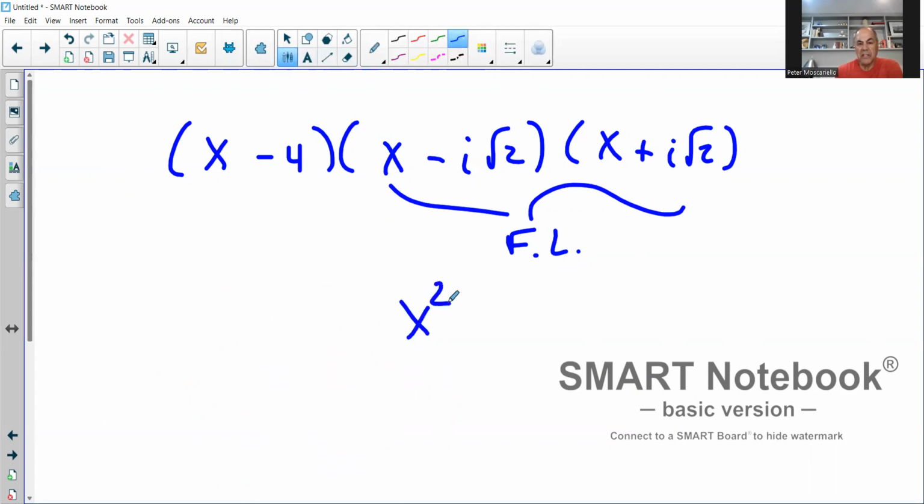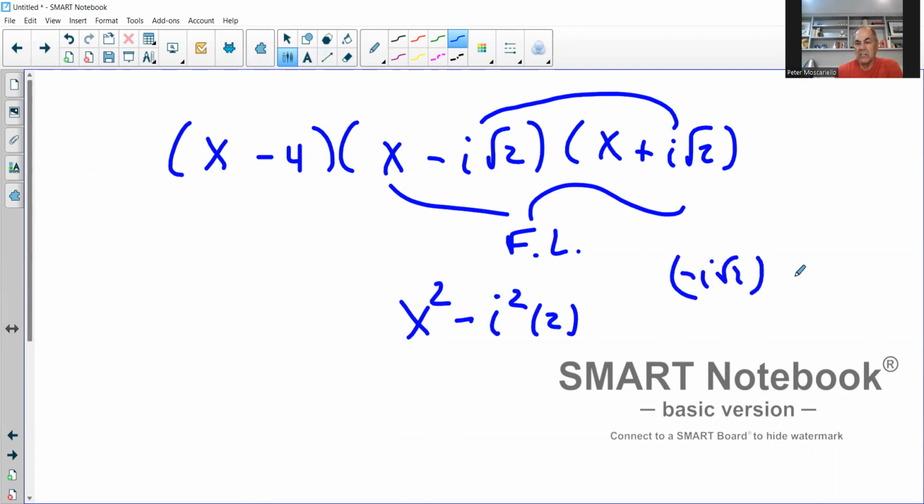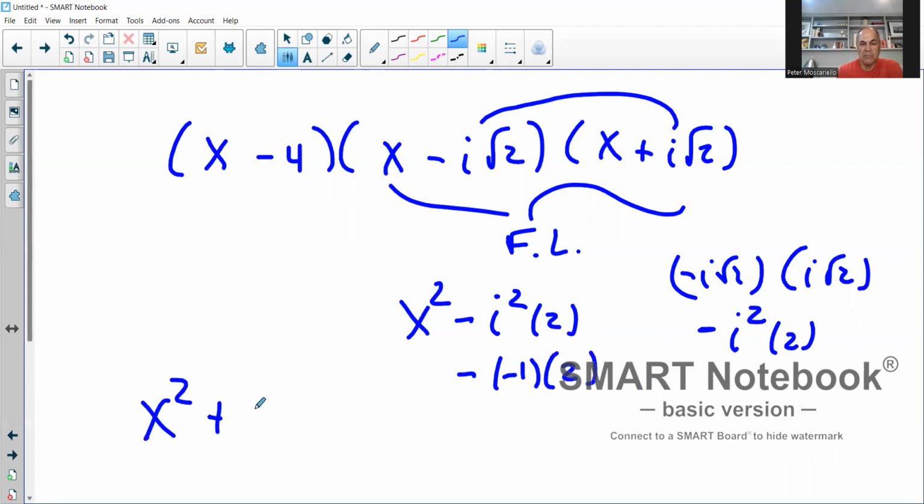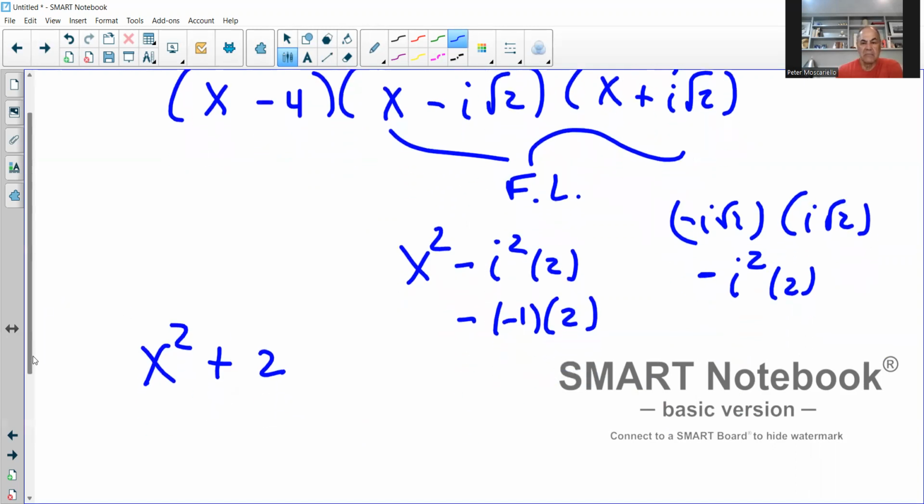So the first is x squared, and the last is negative i squared times a 2. It's negative i root 2 times positive i root 2. Negative times a positive is negative. i times i is i squared. Root 2 times root 2 is 2. So what is that? i squared itself is -1. So that whole thing becomes positive 2, x squared plus 2. I'm sorry, yeah, right. i squared is -1 times a negative makes a positive 2. Okay, so it's x squared plus 2